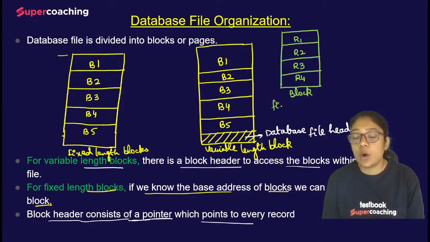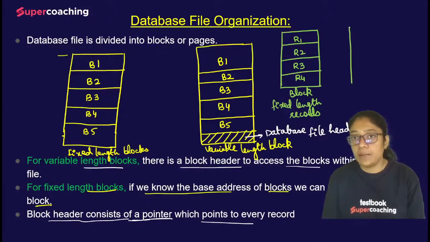Here in a block, I have taken fixed length records. And on the other hand, we might be having the variable length records. Record 1, this is record 2, record 3,